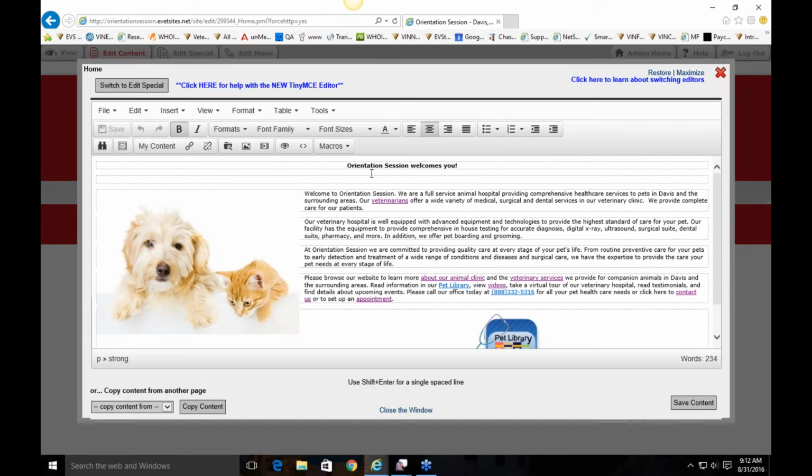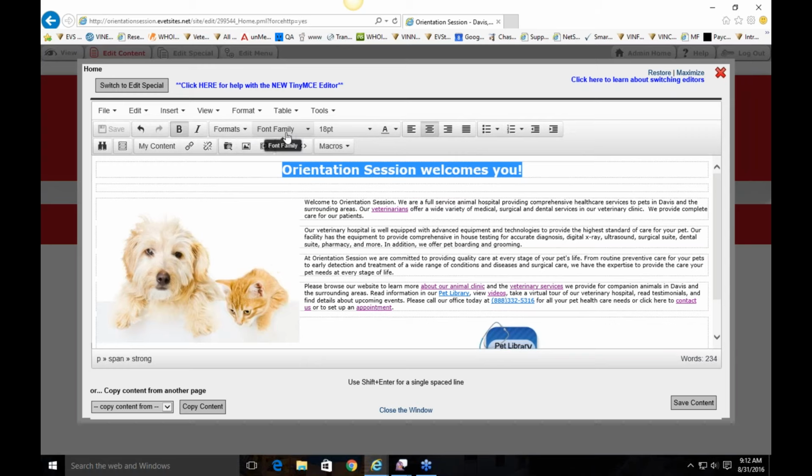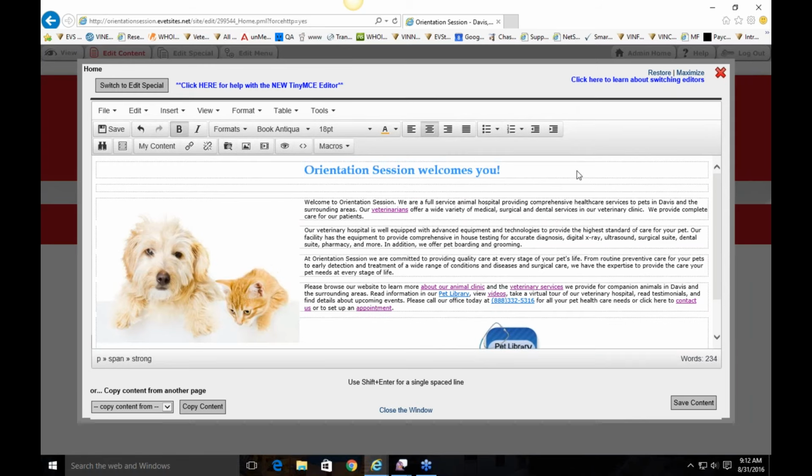So when I click on Edit Content, I'm taken to this editor screen here. And again, it's going to look a lot like it did in that header. It's the same editor, so I have all of these options up here. I can just go ahead and highlight this. I can make this font bigger, I can change the font style, I can add some color to it. So you can personalize the website however you want to, with whatever colors you'd like to use or whatever images